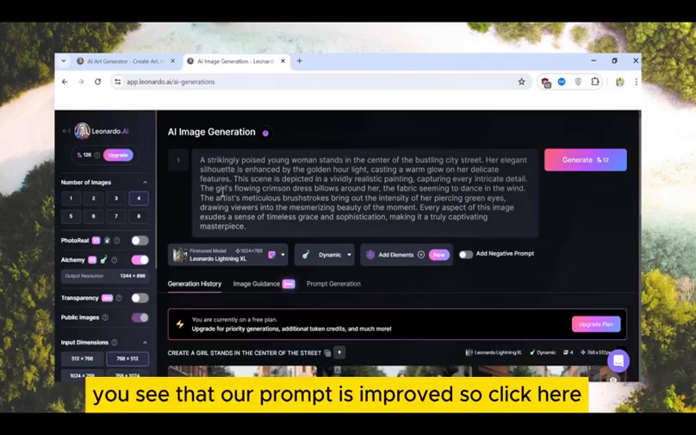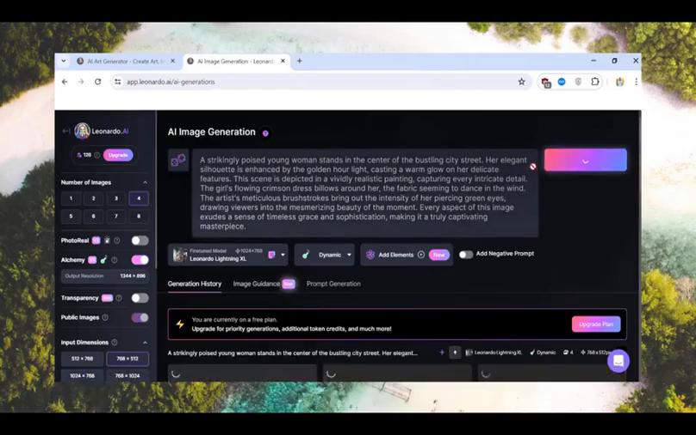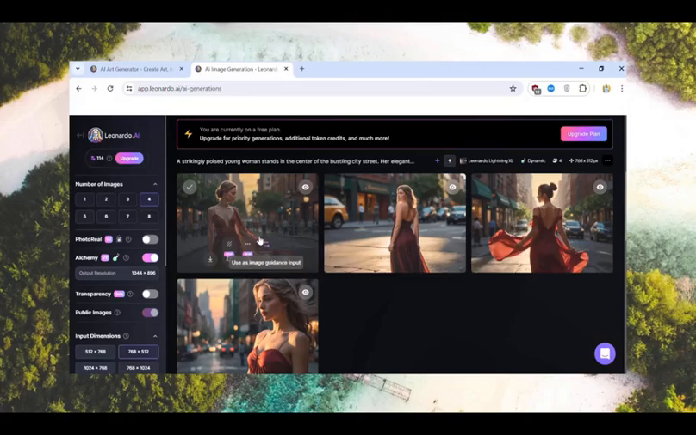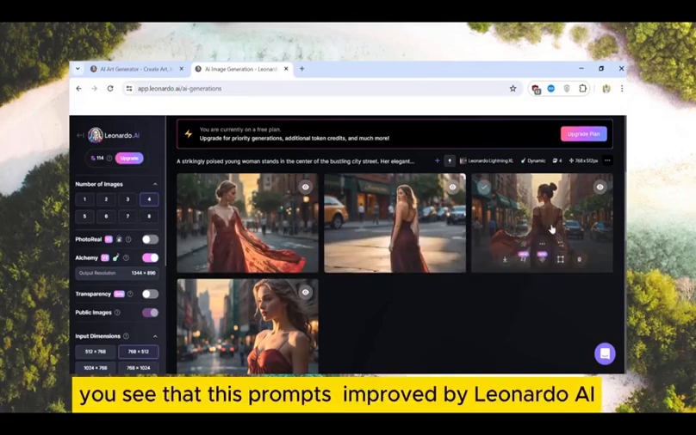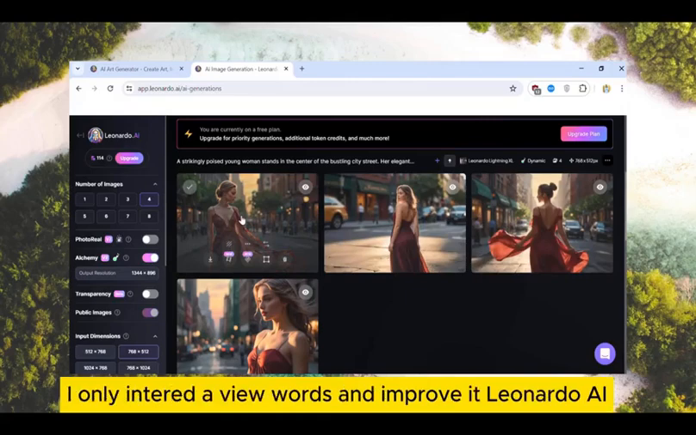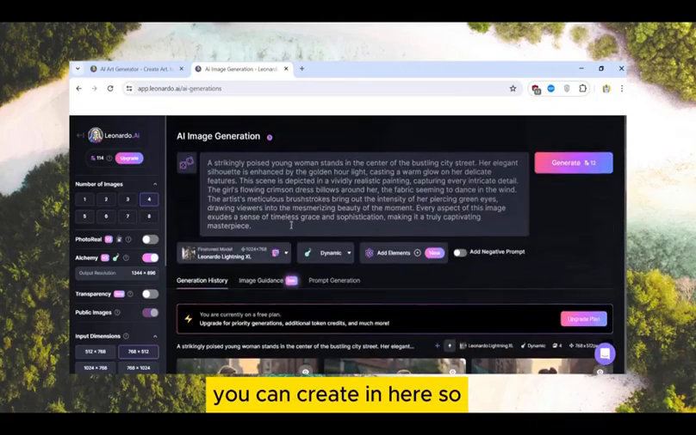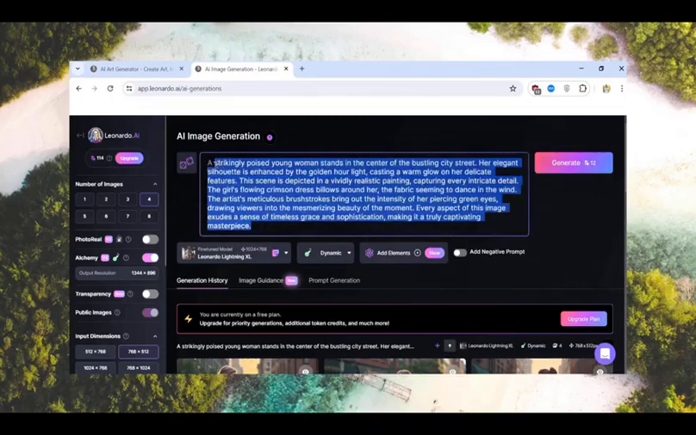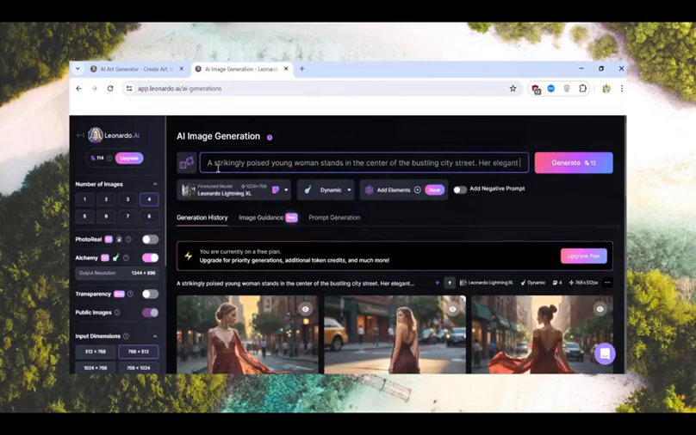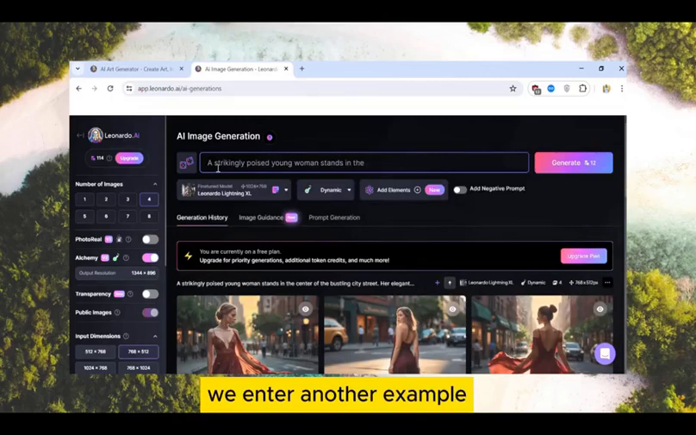You see that our prompt is improved. So click here. You see that. These prompts are improved by Leonardo AI. I only entered a few words and Leonardo AI improved it. So you see that everything you want you can create in here. So we enter it. Another example: